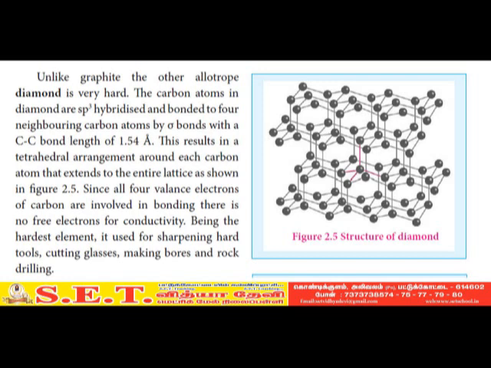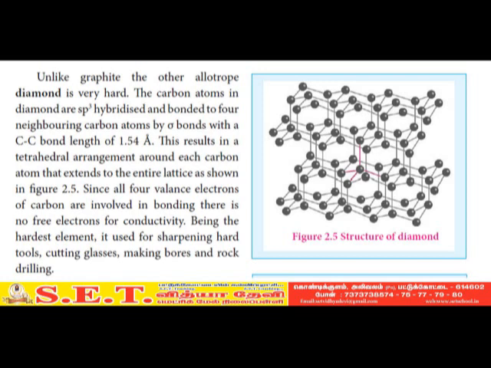The s orbital is linked to the p orbitals, electron sharing takes place, and the carbon is bonded to 4 neighboring carbon atoms. Carbon, as already told, has 4 valence electrons. The 4 valence electrons are linked to neighboring carbons. So there is no free electron, so there is no possibility of electric conduction. So it has poor or no electrical conductivity.